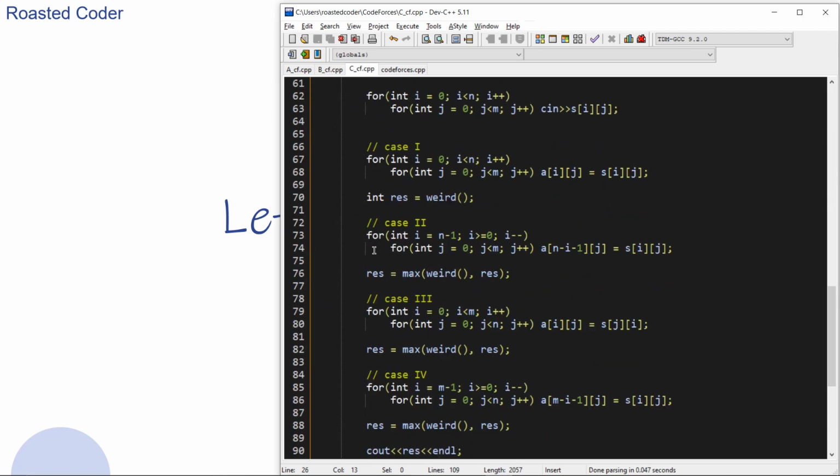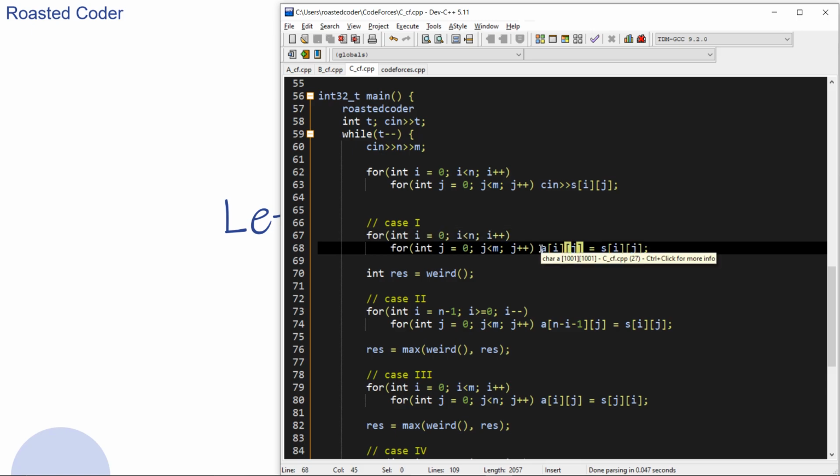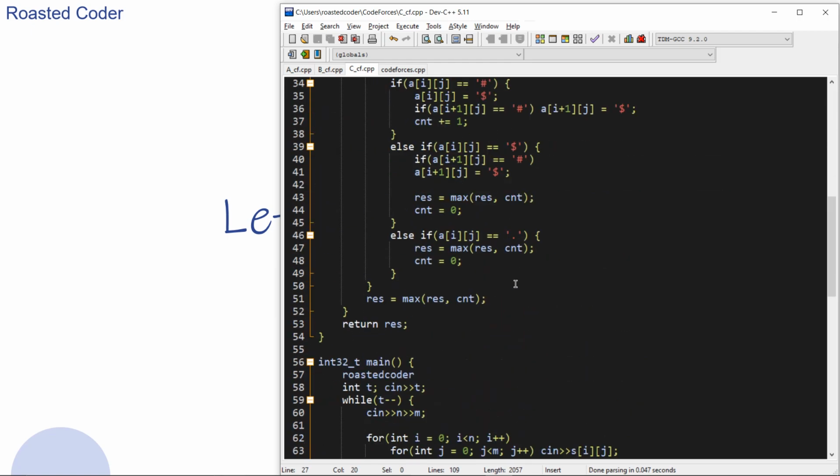For case 1 I am passing the original matrix, and I am also taking a temporary matrix A, which has the same size as S.